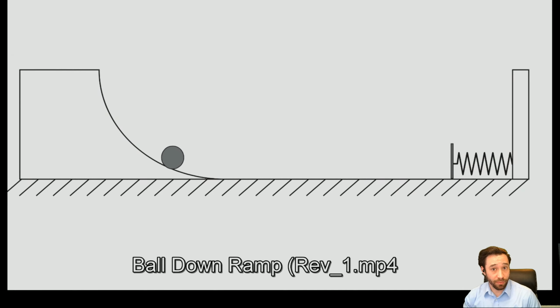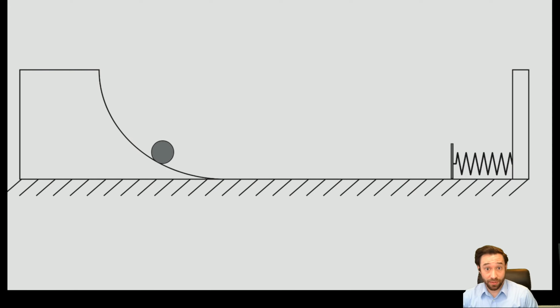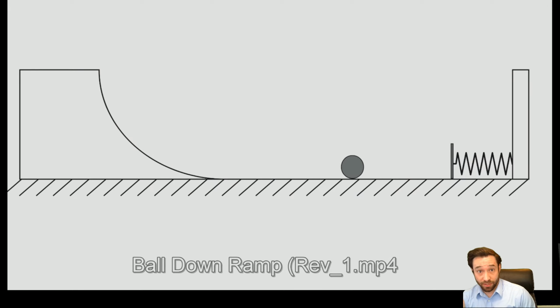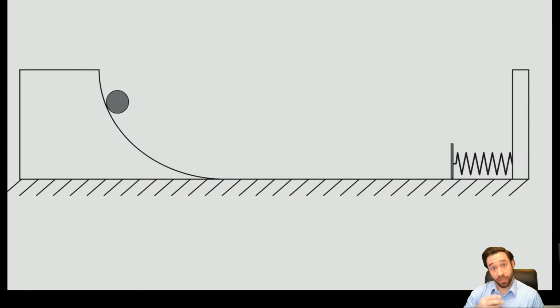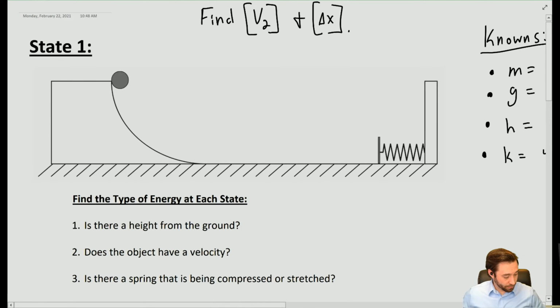The problem on the assessment is only going to deal with half of this animation. It's going to start at the top, slide across the bottom, and then fully compress the spring. So there are 3 different states that we're going to be dealing with, and we're going to start with state 1. So how we break this down,